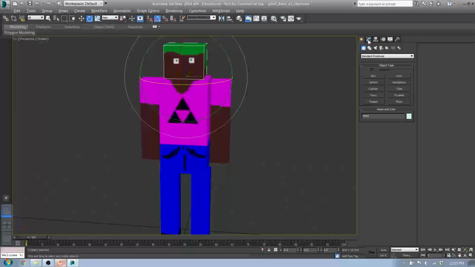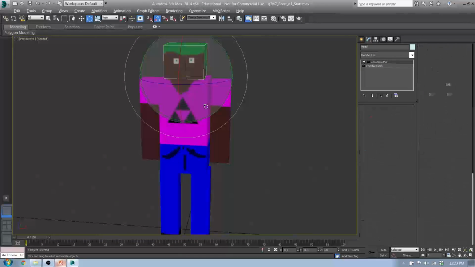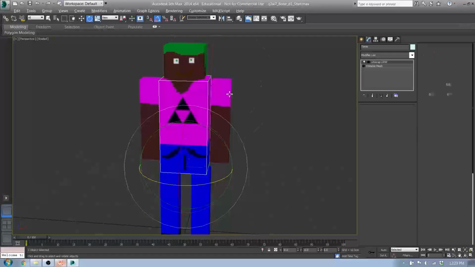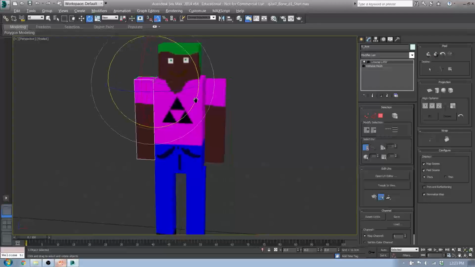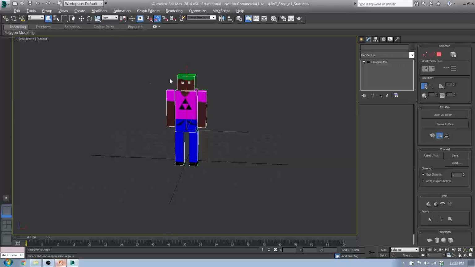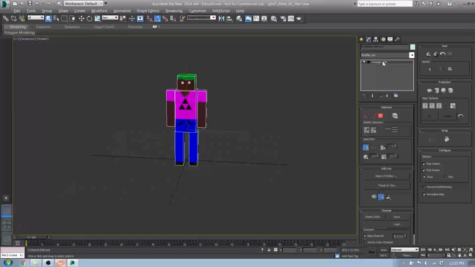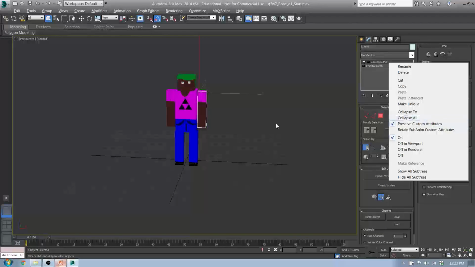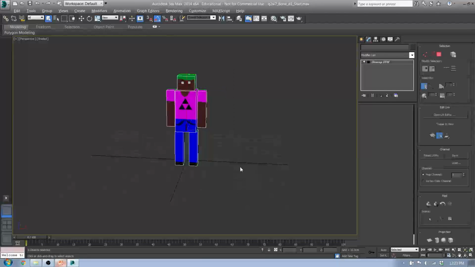So on each one of these we've got an unwrap modifier, and that's okay, but we don't really want all of those. So I'm going to hit Q and select every piece, which is 6 things. You'll notice I've got an unwrap UVW modifier on all of them. Now I could go in, click on each one, right click, collapse all, but instead I'm going to highlight the